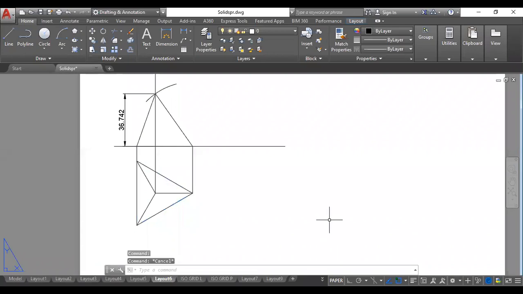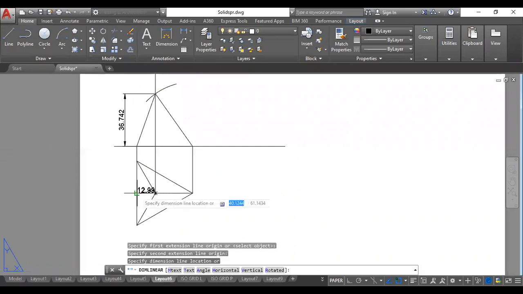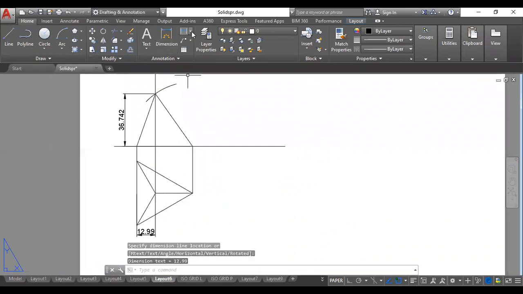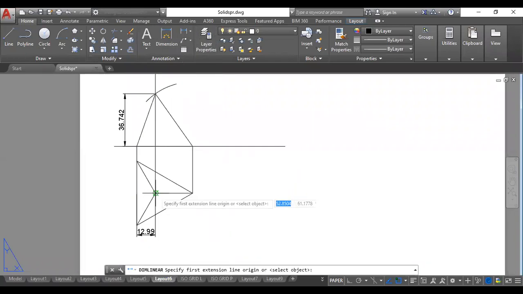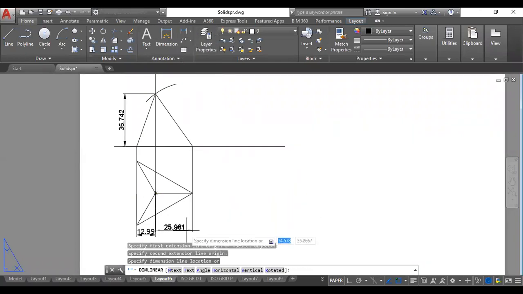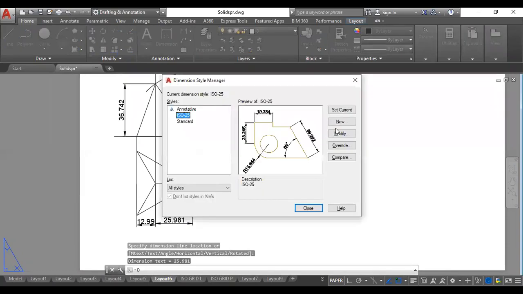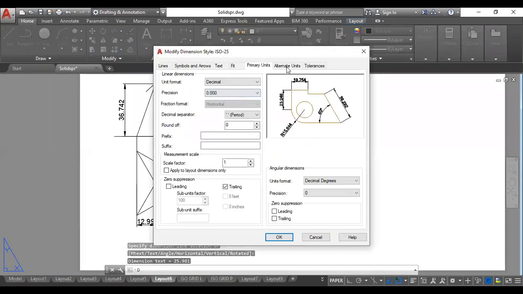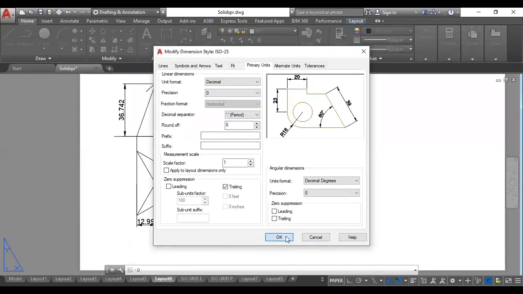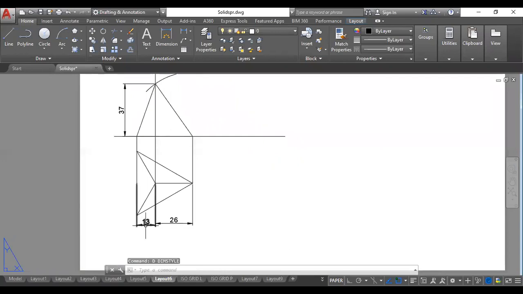So what I will do is measure the distance from the midpoint to this end, 12.99, and the distance from this to this side. I'll measure these two distances so that I can translate them over there. I will round off these numbers to lesser units so that it becomes easy. So this is 13, this is 26. From the center to the back side this is 13, and from here this is 26.